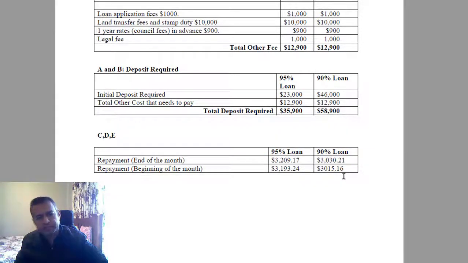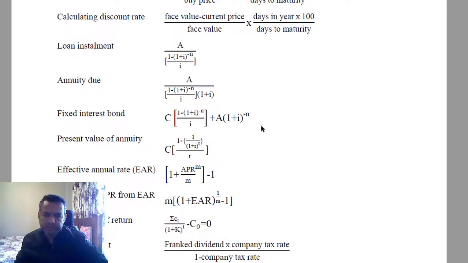Now how do we calculate this? So we need to look at how the calculation has been done. It's very simple. If you go to your formula sheet, which is already in the canvas, so if you want to calculate the loan installment, we need to follow this formula, which is A divided by 1 minus first bracket 1 plus interest bracket close power negative n divided by I. If it's an annuity due,